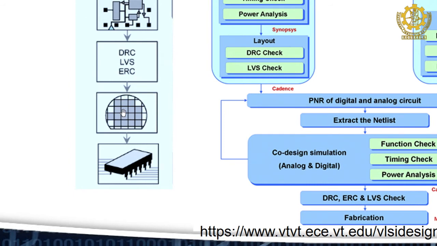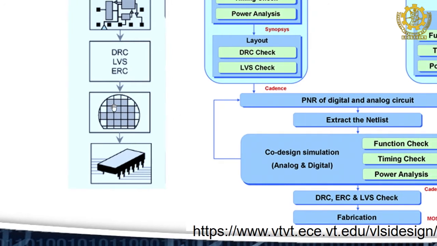Once DRC is done, this is actually a representation of a die. Okay. In this die there may be a chance one IC may come here. Similarly, in a die many ICs of the same type can be fabricated at the same time, so that it leads to mass production and overall cost is minimized. Okay. And finally, once the die is with you, they will fabricate this small portion for you.